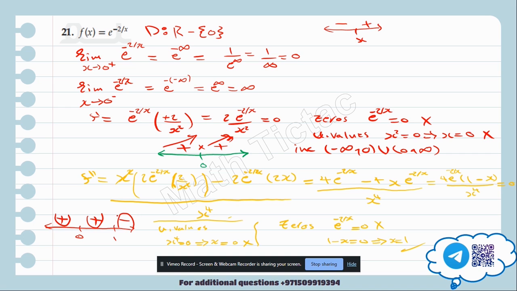So now I know that I have concave up, then concave down also after the 1. So in here I can write concave up from minus infinity to 0 union with 0 to 1, and concave down from